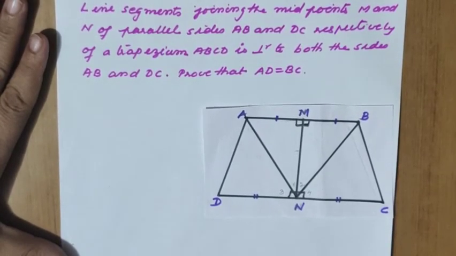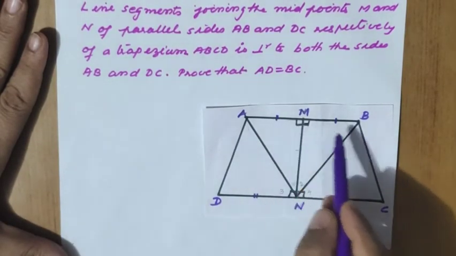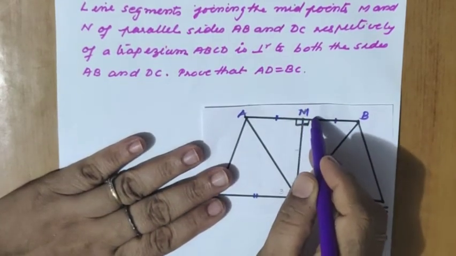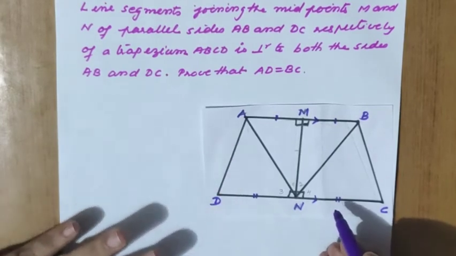Line segment MN joins the midpoints M and N of parallel sides AB and DC respectively of a trapezium ABCD and is perpendicular to both the sides AB and DC. Prove that AD equal to BC. It is given that ABCD is a trapezium. If it is a trapezium, one pair of opposite sides is parallel, and it is also given that